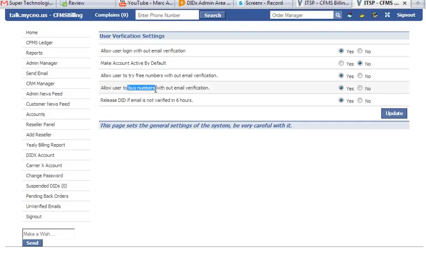Then regarding buy numbers, you can also set up two options, yes or no. Allow user to buy numbers without email verification. If you select yes, then your customer can buy the numbers without verification. But if you select no, then first he needs to verify his account and then he can buy the number. He cannot buy the number even though they have a balance, if you select no from the option.